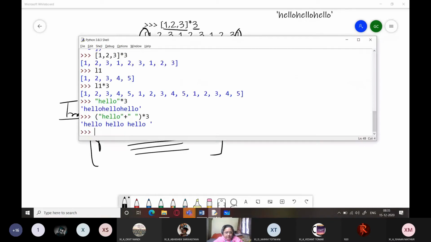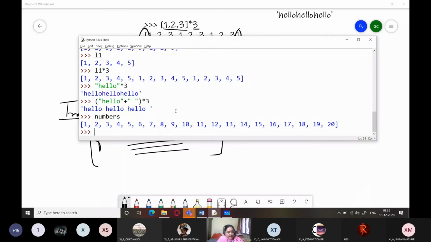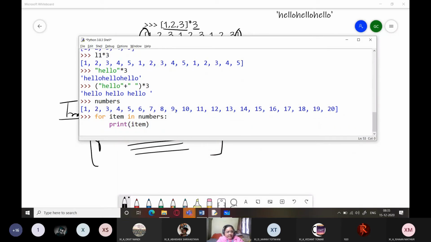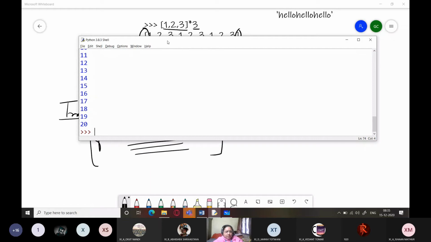How? Let's see it over here. I have the Python shell and I'm going to write a program in the interactive mode only. We already have numbers here, so I'm just going to display each item of numbers on a separate line. So how to do it? For item in numbers, print item, and you can see all the values are printed as they are.